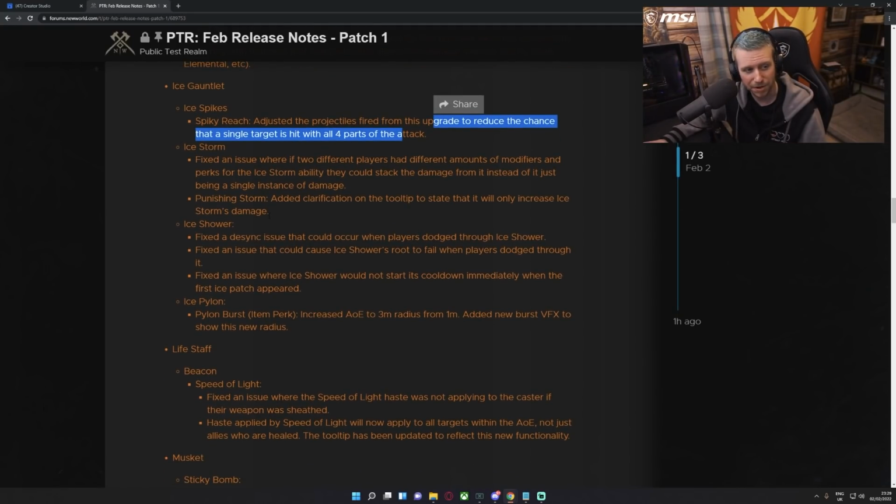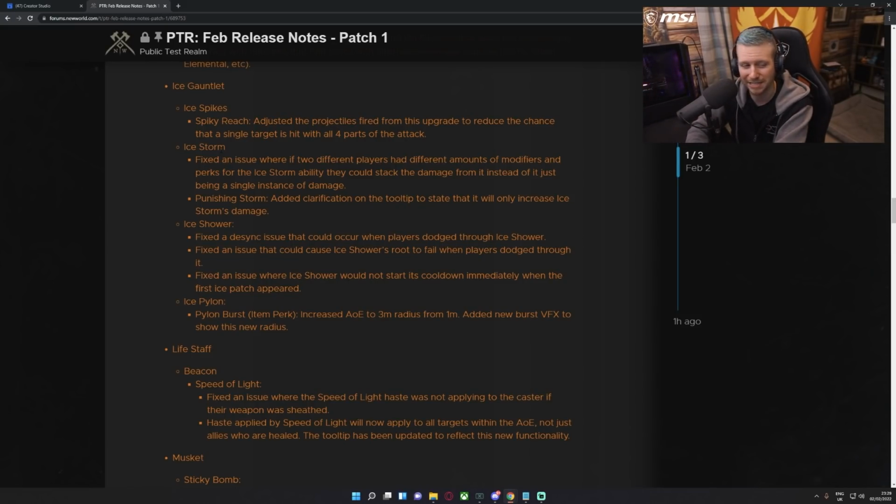And then another pretty huge change here as well. They say that the Ice Storm, so there's actually a bunch of exploits right now with the Ice Gauntlet, or things that don't seem like they're working as intended. I guess some people in the comments are going to say it's not an exploit because it's just what the tooltip says. Well, now they said they added clarification on the tooltip to state that it will only increase the damage from Ice Storm, whereas previously, if you had enemies inside of an Ice Storm, it would increase all